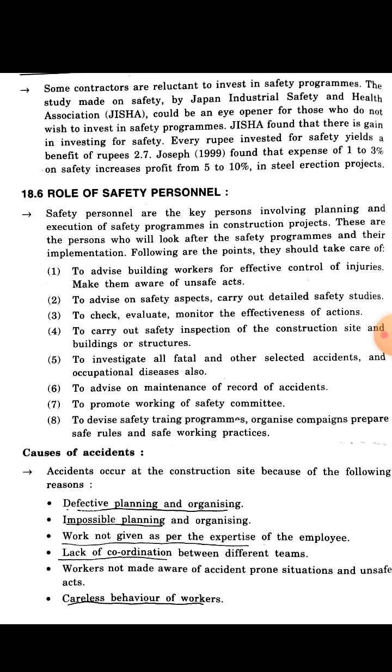To advise the building workers for effective control of injuries, and to advise on the safety aspects, carry out detailed safety studies, and check, evaluate and monitor the effectiveness of action, and carry out safety inspection of the construction site, building and structure, and investigate all fatal and other selected accidents and occupational diseases, and advise on maintaining records of accidents, and promote the safety committee,